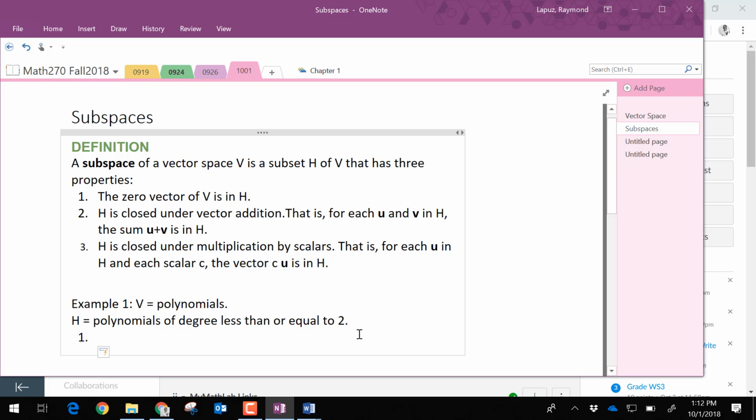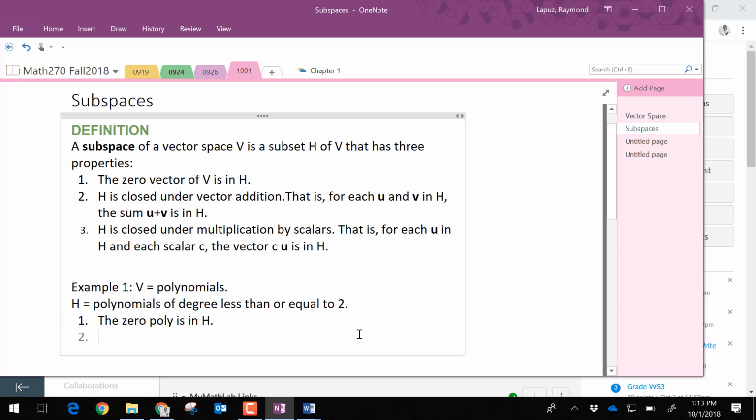According to this, we have to satisfy three conditions. The zero polynomial is in H. Do we agree with that? I have to say less than or equal to because it's not always degree 2. So is the zero polynomial in H? Yes. It has degree, I guess, degree 0. It's just a constant. The second one: if we add two second degree polynomials,